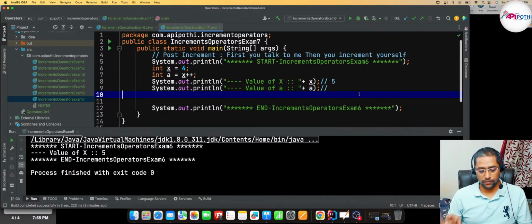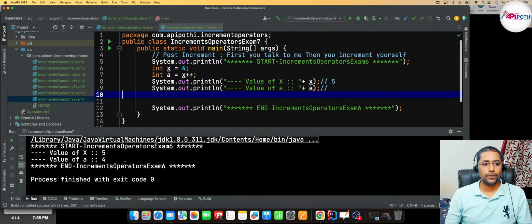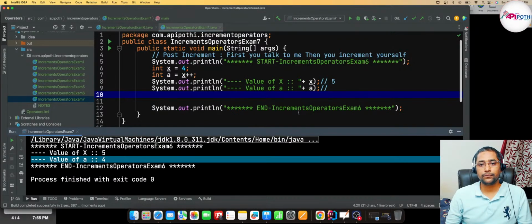A equal to 4. Very good. Now let me run this code. A equal to 4. Do you see? Now I will explain you my English again. A equal to 4. What I was saying here,